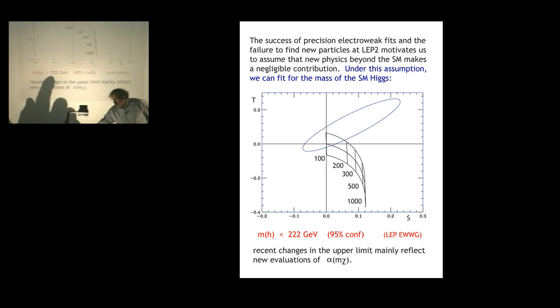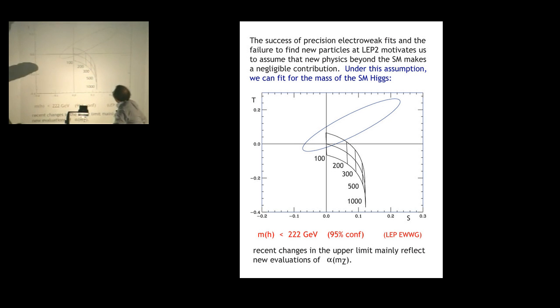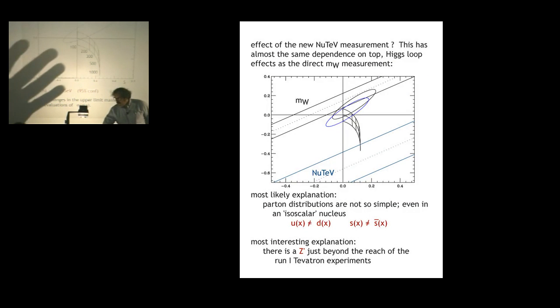Those of you who've been following this know that this number has bounced around by 40 or 50 GeV over the last year. That actually has nothing to do with the electroweak experiments. It has to do with new evaluations of alpha of MZ. And maybe I should say this game is not completely finished. But in any case, the precision electroweak fits, under the assumption that we can do a standard model fit, really does restrict the Higgs to be less than 200 or something GeV, some place where that particle is very accessible